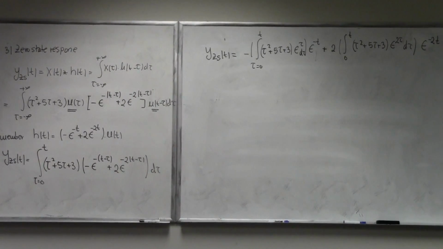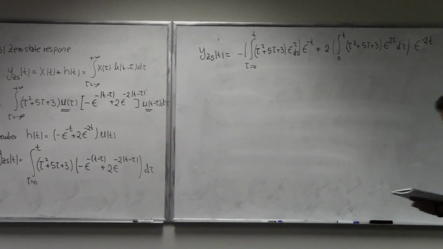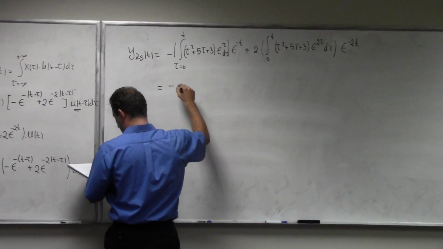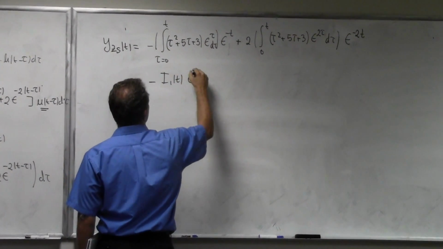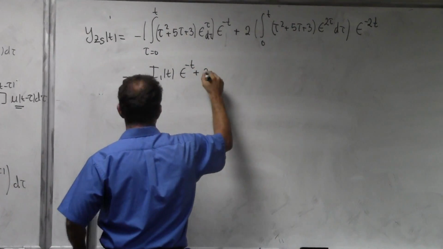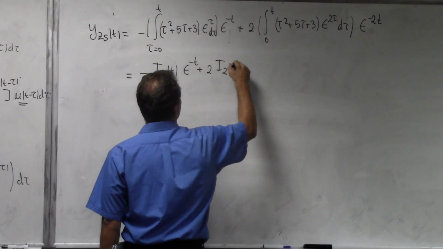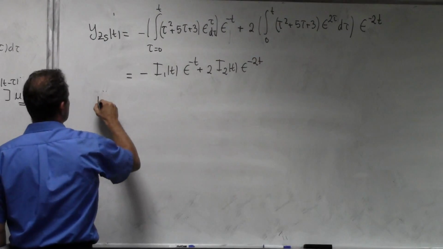Okay? So these are the two integrals. And let me rewrite this by saying that this is minus I1 of t, e to the minus t, plus 2 I2 of t, e to the minus 2t, where I1 of t is this integral,